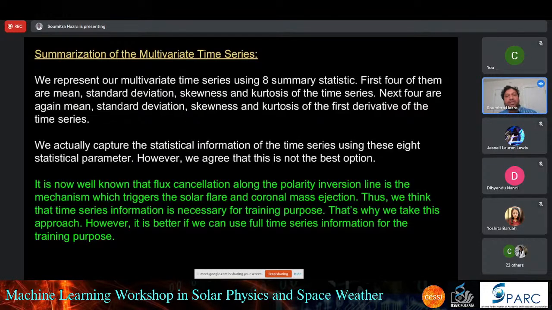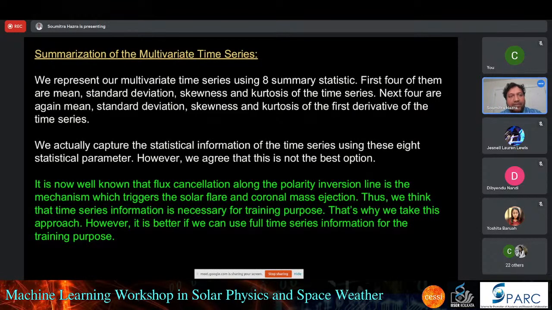So what we did, we represent this multivariate time series using 8 summary statistics like mean, standard deviation, skewness, and kurtosis of the time series. And these are basically all statistical parameters. But yes, you can say that this is not the best way to represent a time series. However, we think that it is the simplest one. In all these cases, you see that there is no information about periodicity behavior. So maybe some Fourier series information will be much better. But here we use only these 8 summary statistics